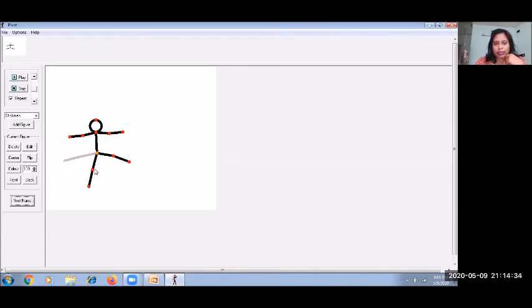Now let me make it go down again in this way. Next frame. So the first frame is this, the second frame is this. Now in the third frame, let us move this one, or this one, make it straight. You can do anything you want. So we will be creating a nice cartoon.